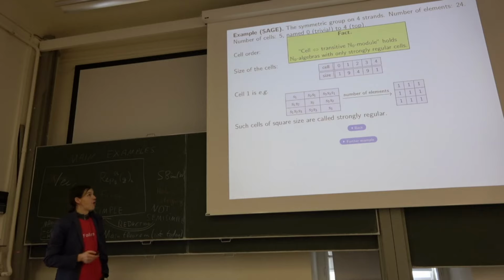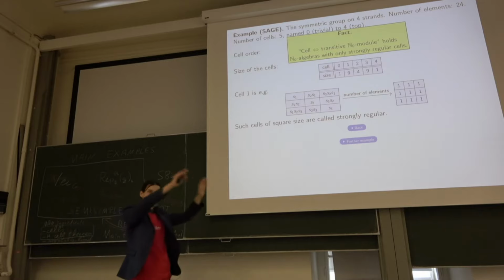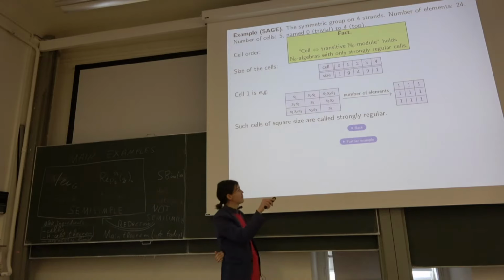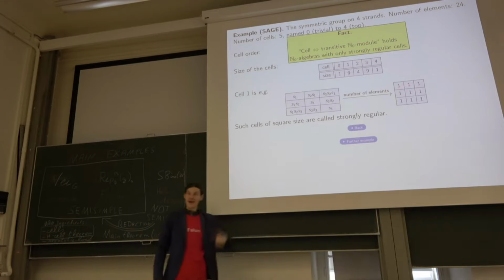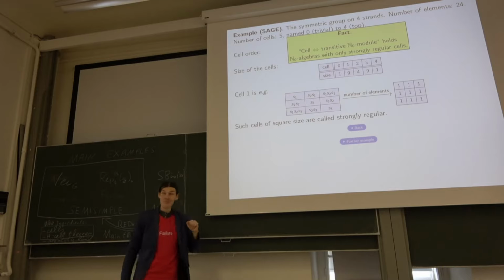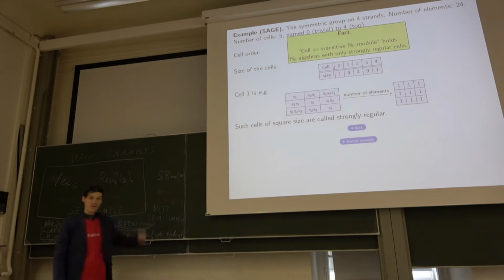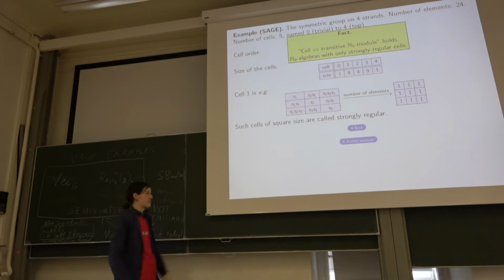And it's not so hard to see that in this case, when you only see strongly regular cells, then those two notions are actually the same. So in this case, by the way, you see 3 cell modules, namely, let's say left cell modules corresponding to my 3 rows here, all of which are equivalent, as you can see from the diagram, because they are supported on the same numbers. That's roughly how you check whether they are equivalent. So in this case, you have exactly one equivalence class of cell module, and this is the only one. So this is S4.